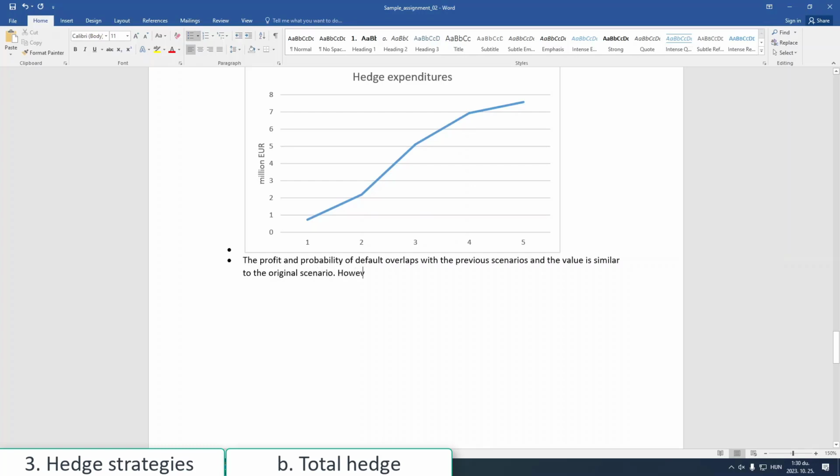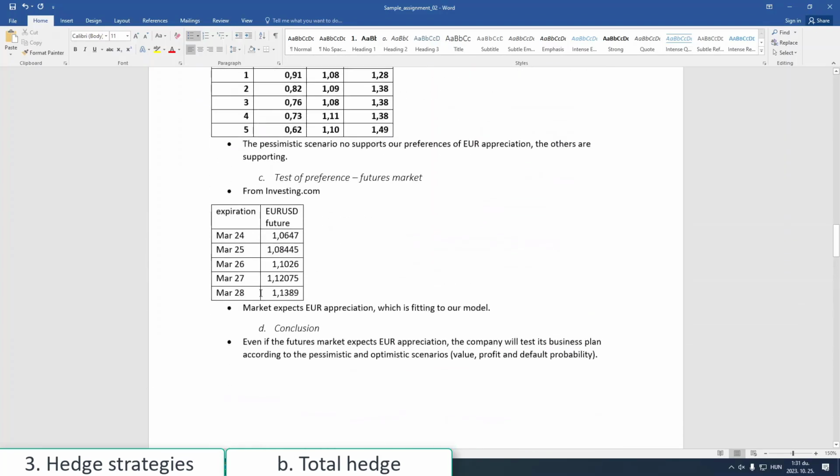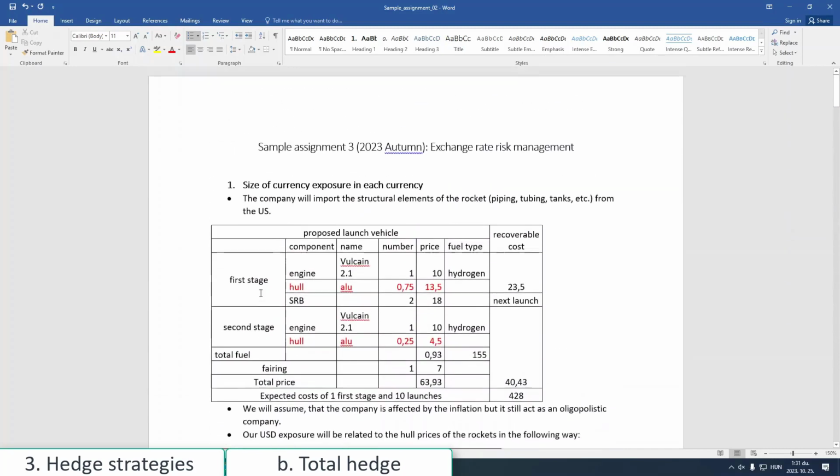However, the management is not running anymore. Okay, and since we are running out of time,